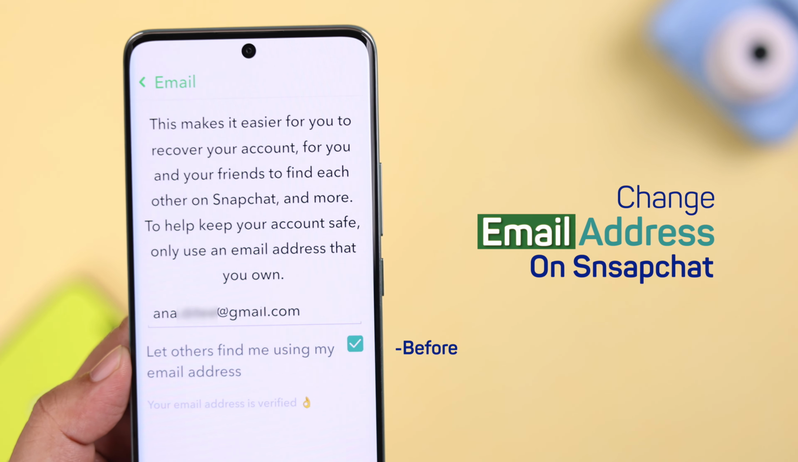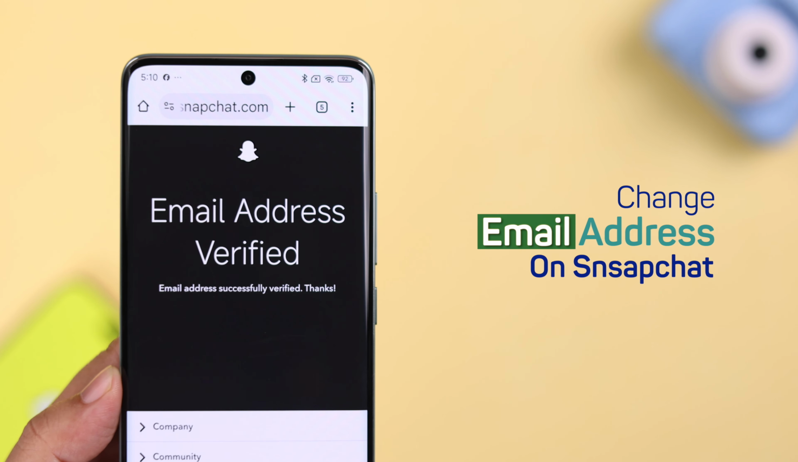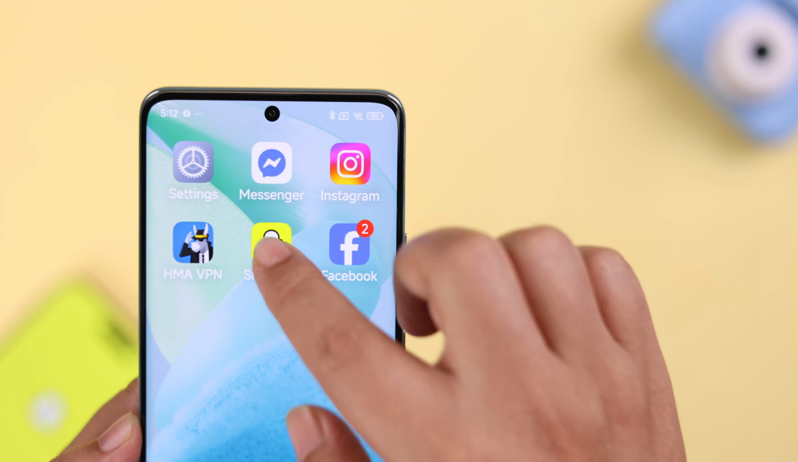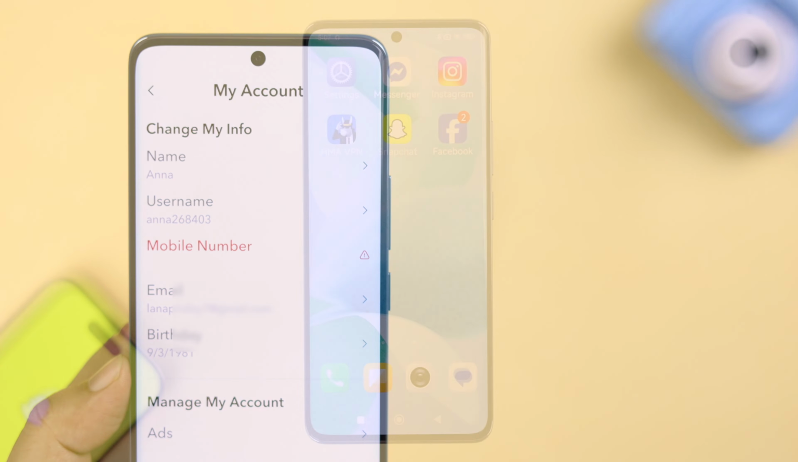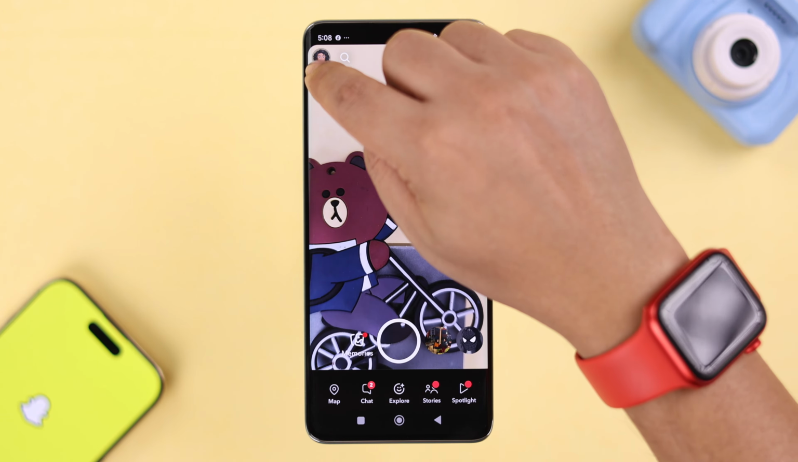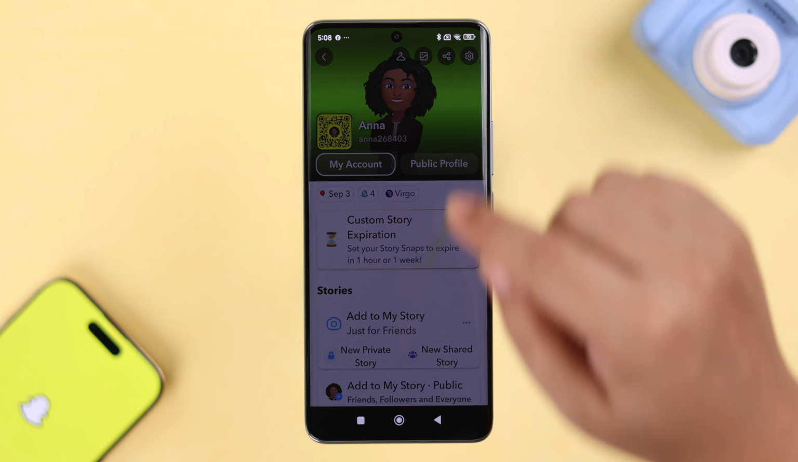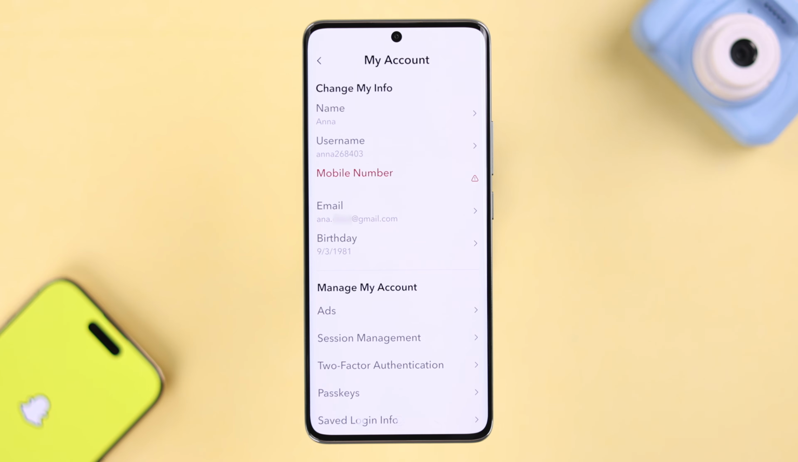Here's how to quickly change the verification and recovery email address on your Snapchat account without your old email address if you no longer have access to that account. So launch the app. From your profile, go to Settings, and then to My Account, and then go to the